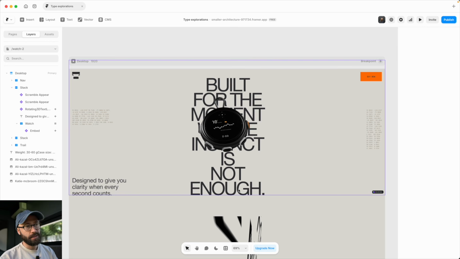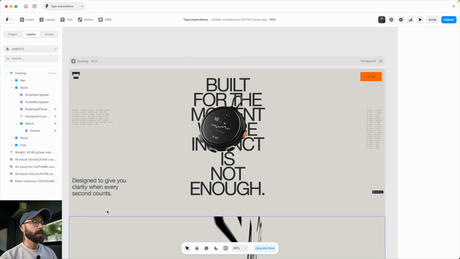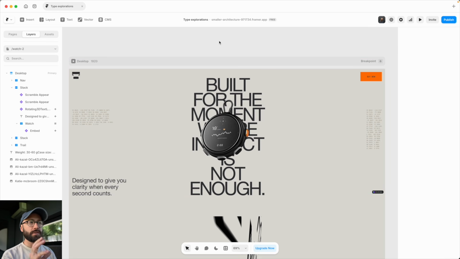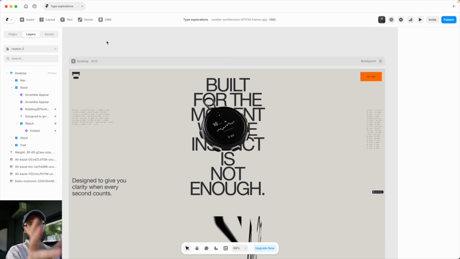So I changed the sentence using ChatGPT, and this little paragraph over here, it says built for the moment where instinct is not enough. So because this is an adventure watch, I thought, well, I can maybe add some miscellaneous text with coordinates. So I asked ChatGPT to give me random coordinates, and I copy pasted them into separate paragraphs,